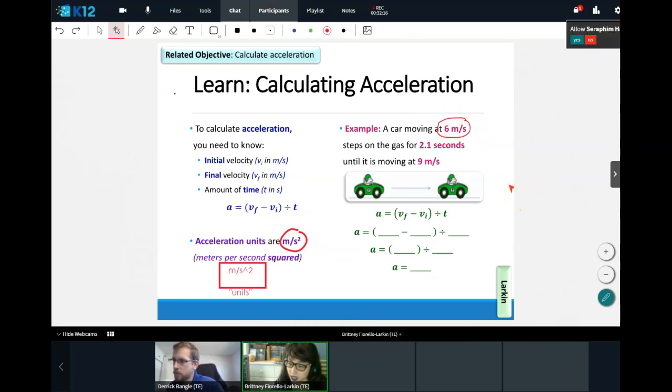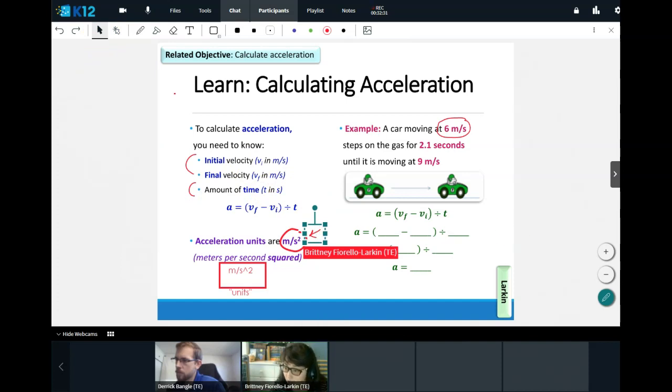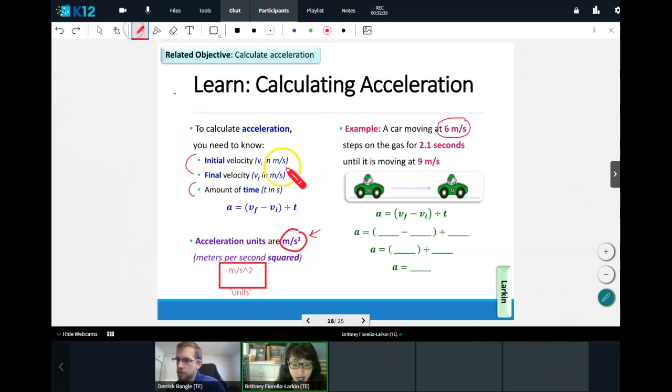Thank you. I see Lexi in the chat. Let's get some more answers. Meters per second, is that a velocity, a time, or an acceleration? Excellent. I see Amari working in the chat. Thank you, Itati. Thank you, Lena. Yeah, it's a velocity. We said both of these velocities, initial and final, are measured in meters per second. Now, which one is it? Is it our initial starting velocity or our ending final velocity?